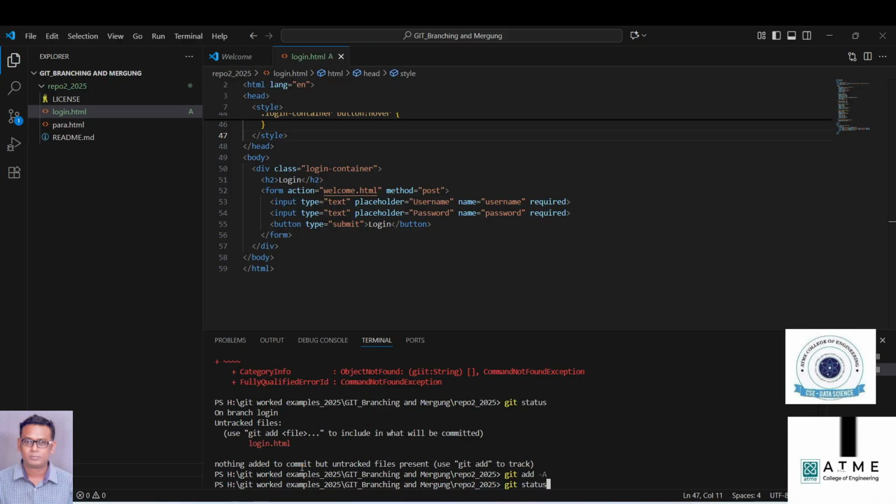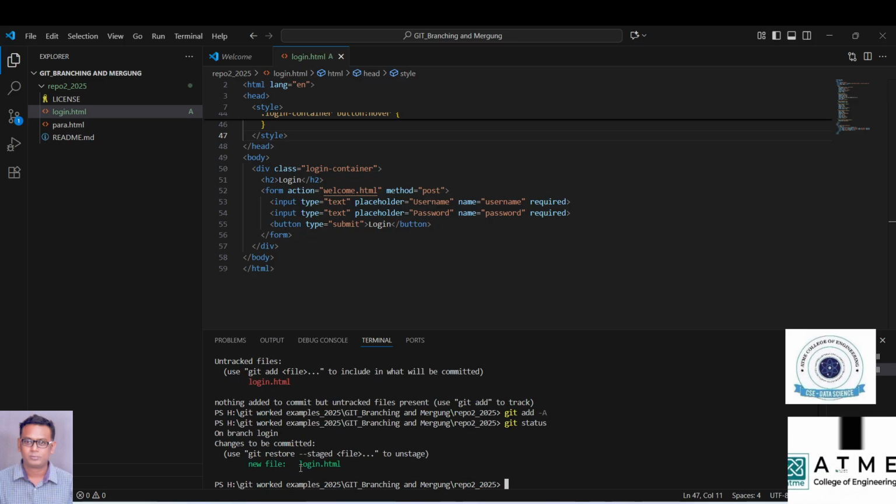From the staging area, you have to bring it to the local repo. Now clearly you can see the new file login.html appears in green color. So in order to bring it to the local repo from the staging area, you need to make use of the git command git commit -m